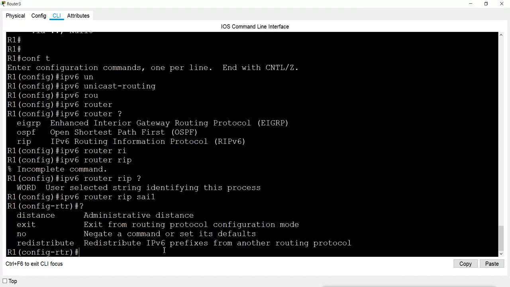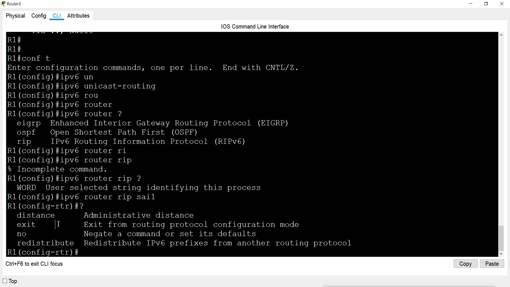If you put a question mark here, you have the option to use no to remove the configuration, exit from this mode, and you can also set the distance value, the AD value, or do redistribution with other protocols.